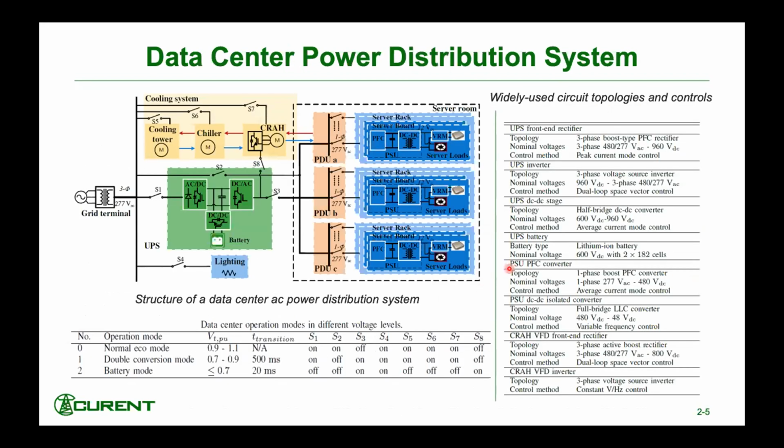So to start with, we need to first identify the data center system circuit and controls. Based on the survey, we found that the AC power distribution system is widely used in the data center market, as shown here. The AC power is transmitted from the substation, and then there is a centralized UPS used to condition and regulate the AC power. And then the IT equipment